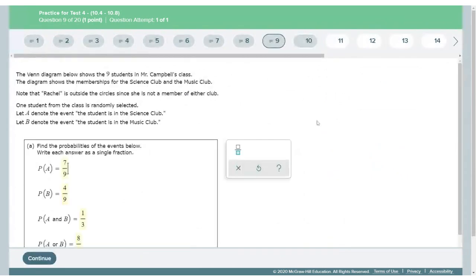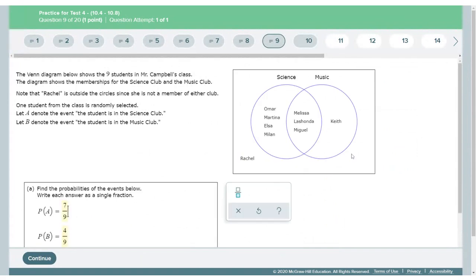So what you got to ask yourself in the case of these three right here is: is Melissa in science or music? Is LaShonda in science or music? Is Miguel in science or music? Well, yes, they are. They're in both of them, but they are in what we call the union as far as,